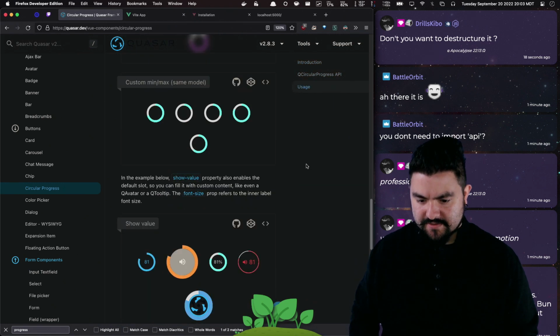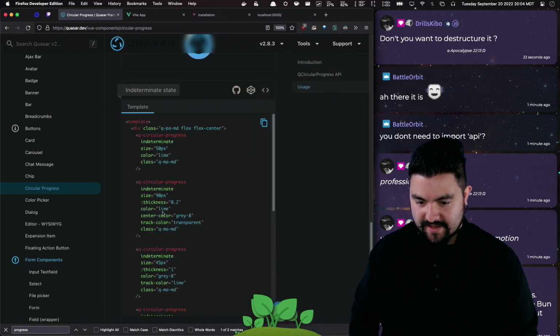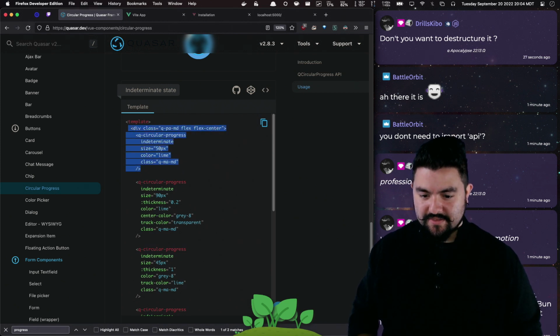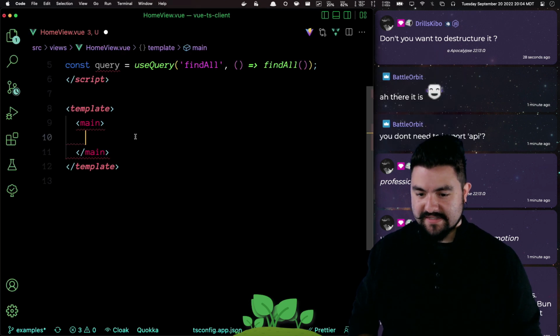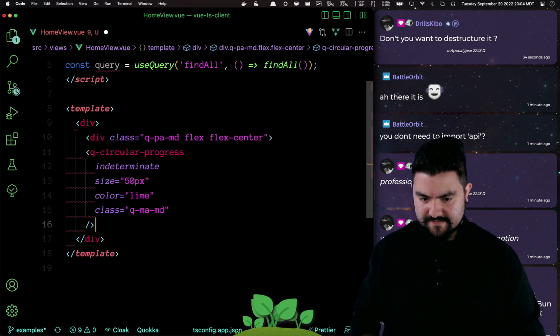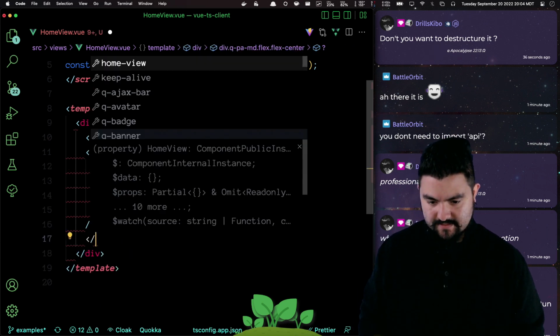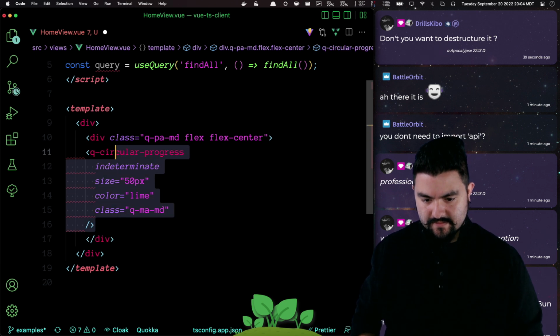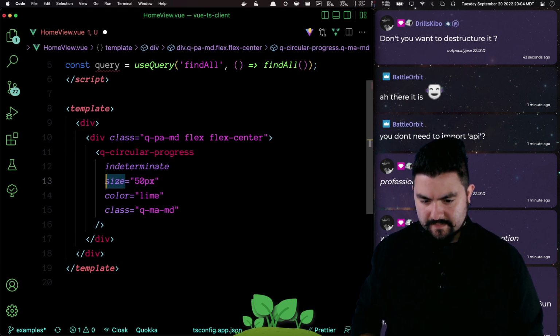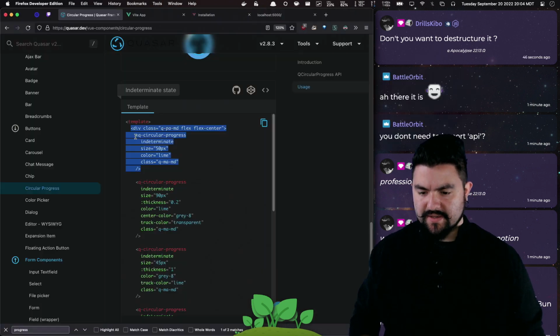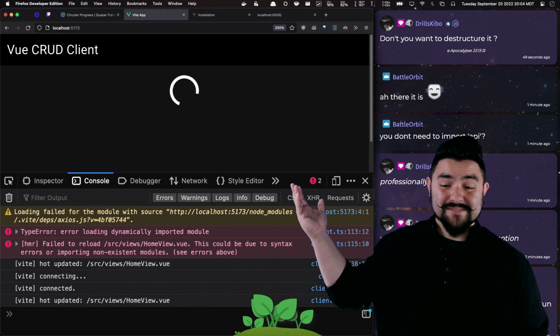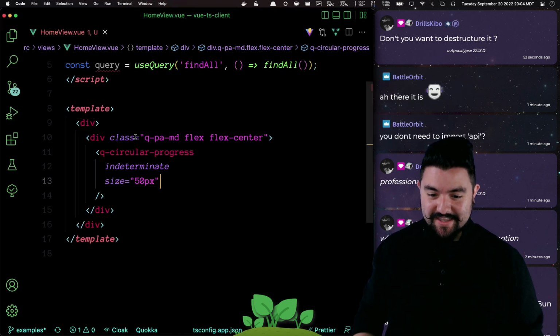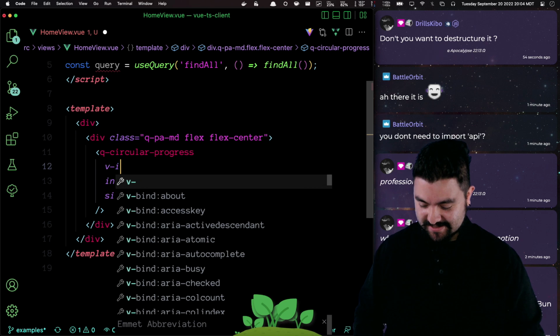Circular progress. Cool. I want an indeterminate progress like that. Beautiful. And then, look, oh, they gave me the thing I needed to put it in the center, too. Amazing. So, I'm not going to put this in main. I'm just going to have a div that's going to have everything. I don't want to set the size. Let's see just what we get by doing this. That's beautiful. Look at that. Okay. And I only want to show this if